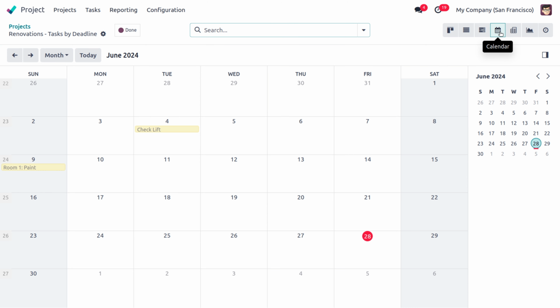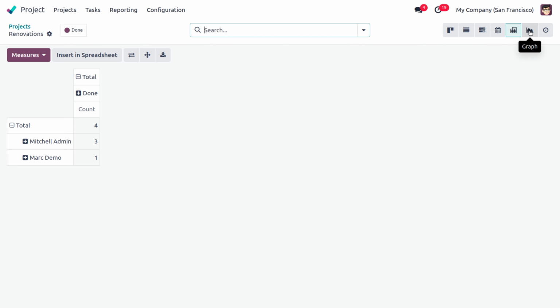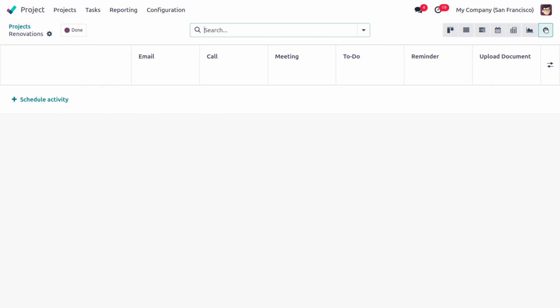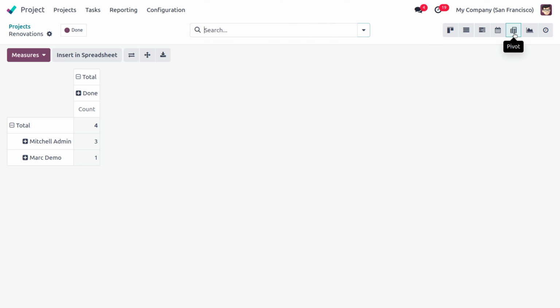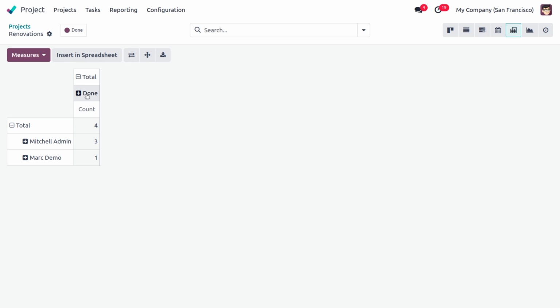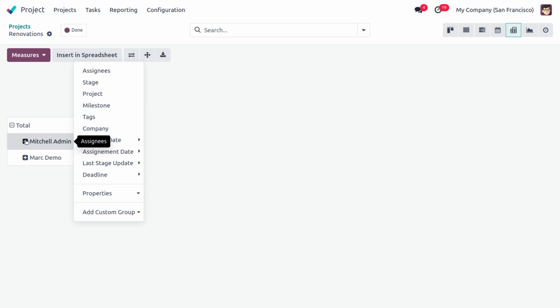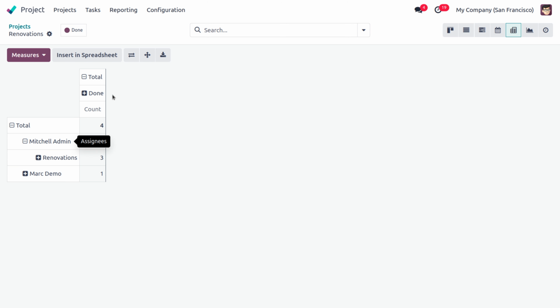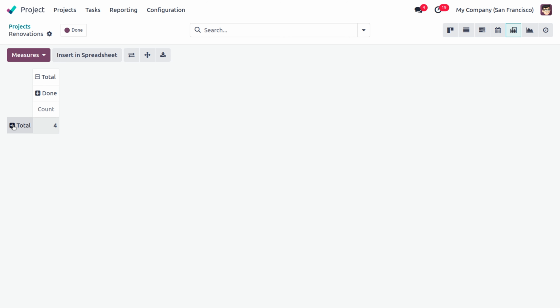Then you will be having the calendar view, pivot view, graphical view, and activity view. There is no activity scheduled. In case of pivot view, you can make use of your measures to take the graph accordingly. This is based on count only for each person. What you can do is update maybe the project, or let me remove this, and here I'll be adding the project. Then comes the